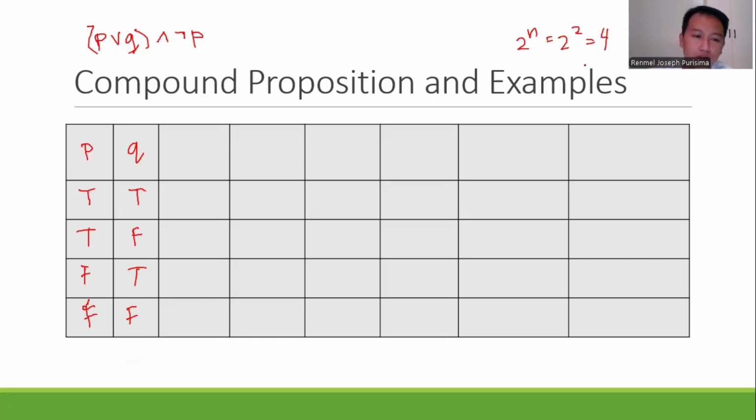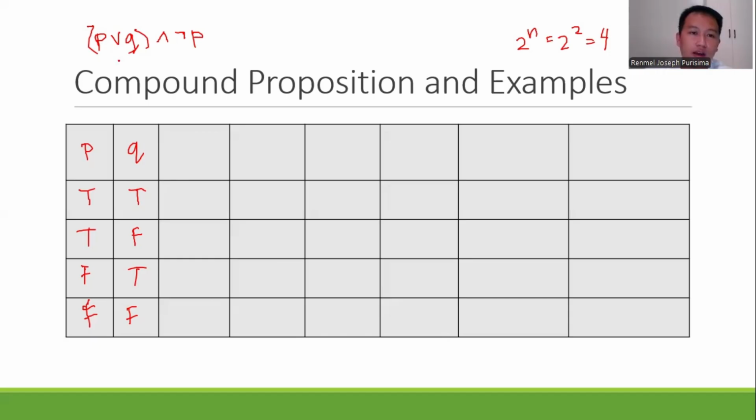Now, to create a pattern so you can easily put all the possible truth values, divide the number of rows by 2. So it starts with 2 true and 2 false. And again, divide the quotient by 2 again. So that is 1. So we alternate 1 true, 1 false, again true and false.